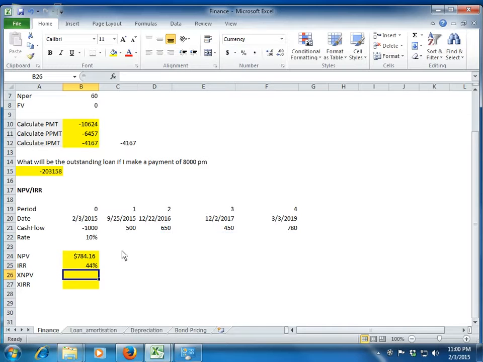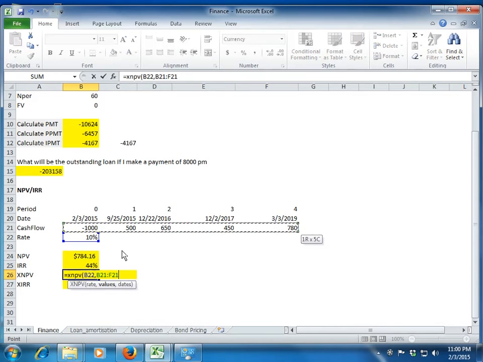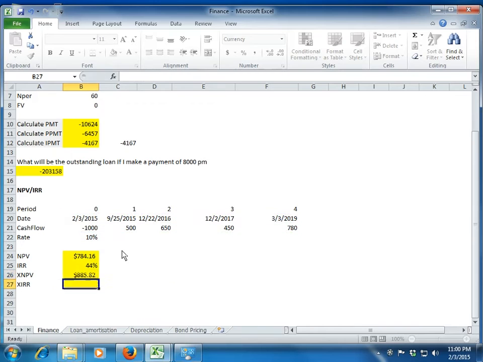Now let's assume that this cash flow is not uniform. That is, the cash flow is not always occurring at the end of a given year. Rather, the cash flow is occurring at a given date, like the dates which we see here in this particular row. So in that case, rather than using NPV, I use the formula called XNPV. It asks you for a rate, give it a rate. It asks you for values, give it the values, and finally it asks for the third argument, which is the date. So you give the corresponding dates and close your bracket. You see that your NPV has been calculated for the date-wise payments which you are making, or rather receiving.